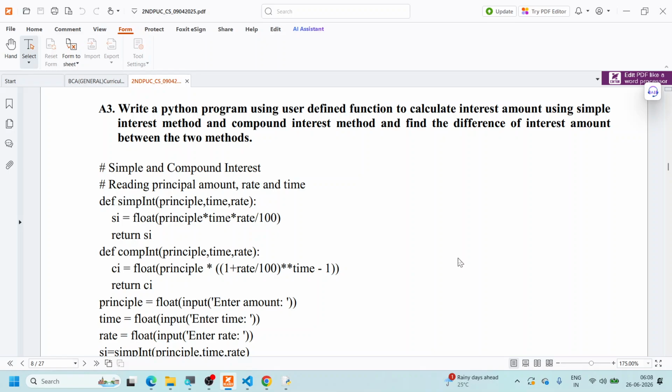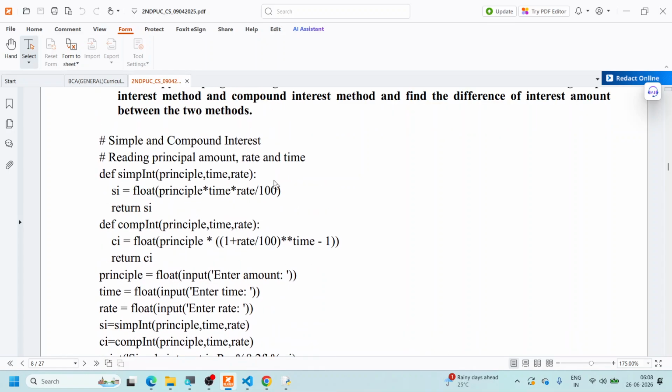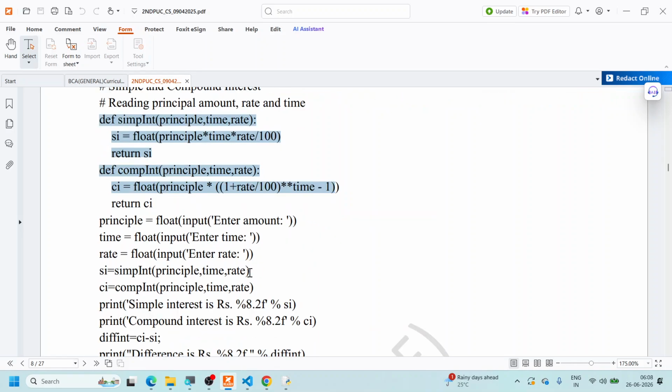We are supposed to write a Python program using a user-defined function to calculate the interest amount using simple interest and compound interest methods. And we are supposed to find the difference of interest amount between the two methods. A sample solution is already provided. In this sample solution, you will notice that there are two methods being specified. However, these methods are called only once. So I'm going to reduce the code by combining these two methods into a single method, and then we will